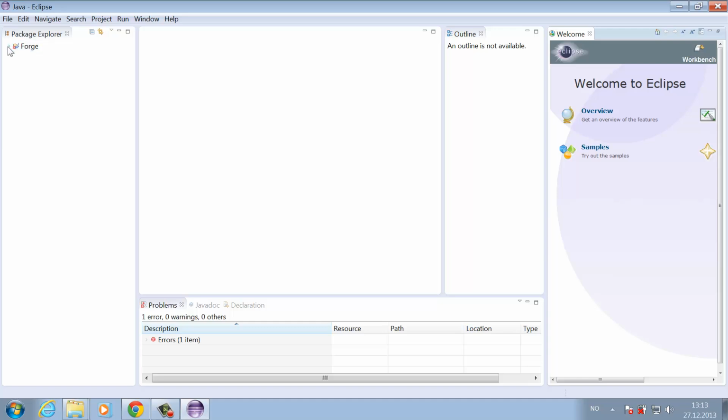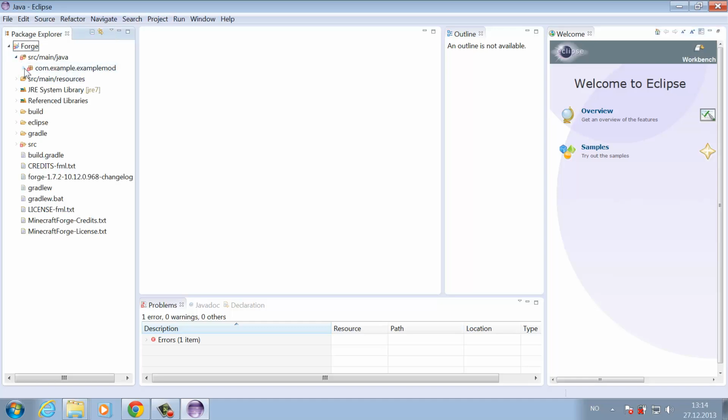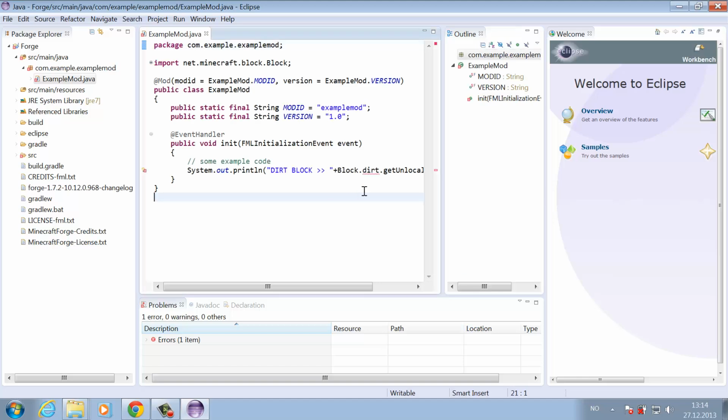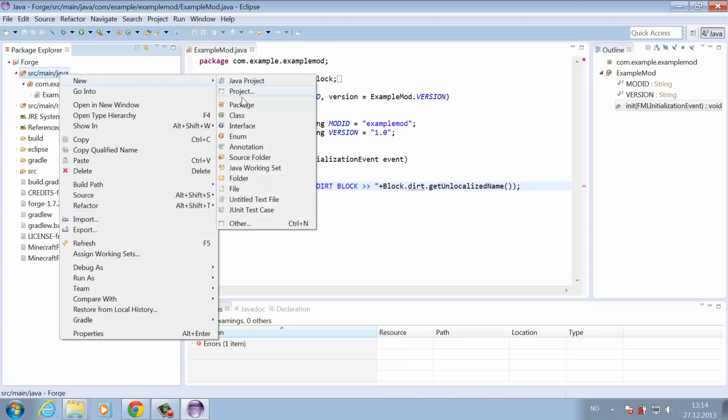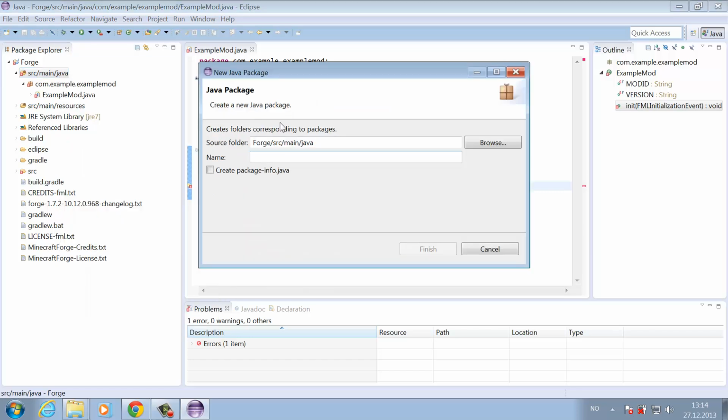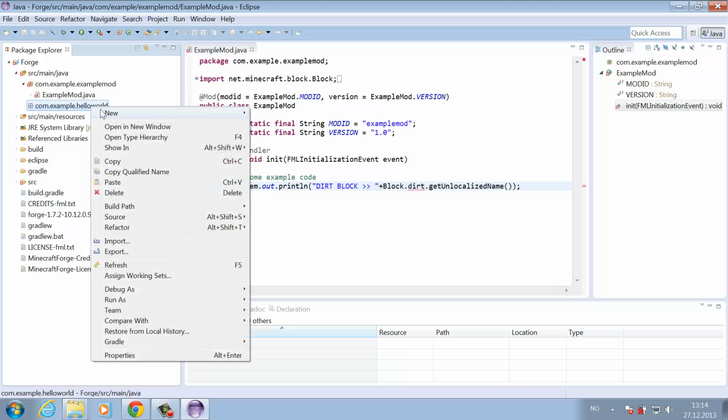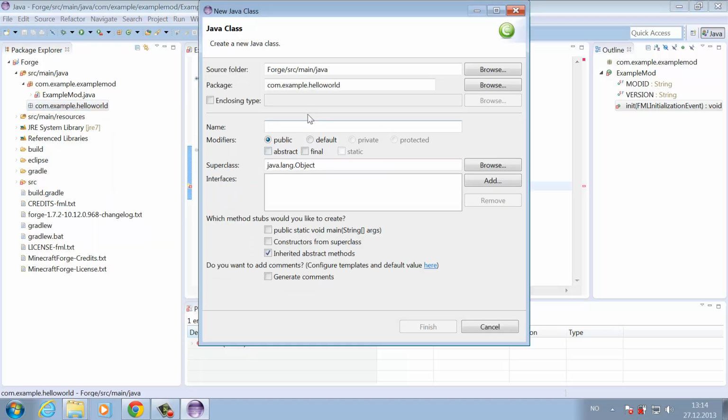There we go. Go to the Package Explorer, Forge. In src/main/java is where you're going to place the mods. There's an example mod here, so you can see how things work. Of course, there is an error in the example mod, which is a little ridiculous, but for this tutorial we're just going to make a very simple mod that just says hello when the mod is initialized. So in src/main/java, add a new package, call it whatever you want, but in this package we need to add the mod class file. I'm going to call this HelloWorld,